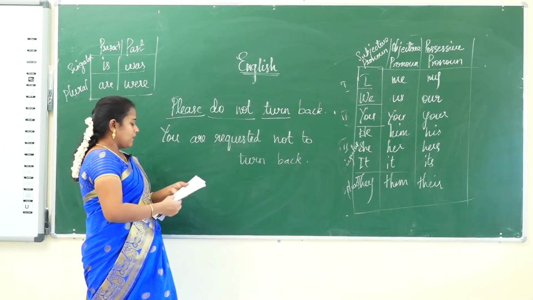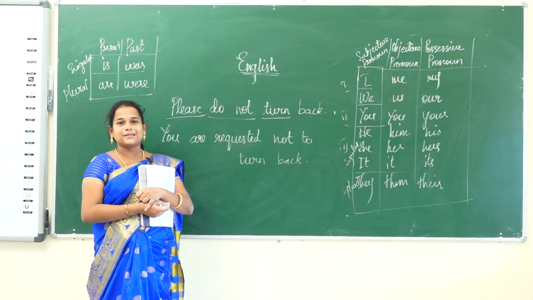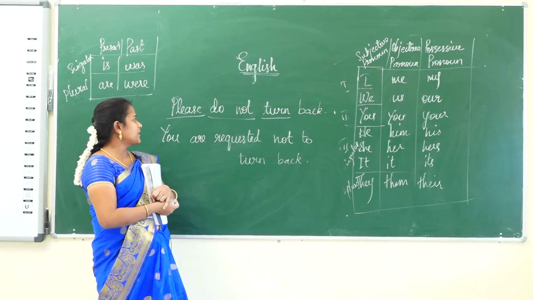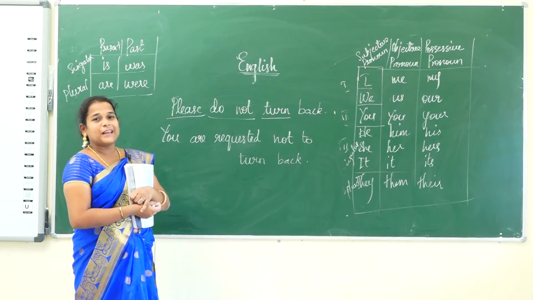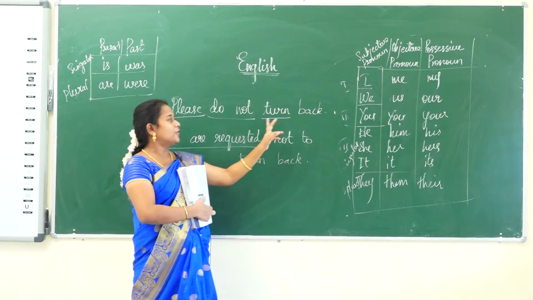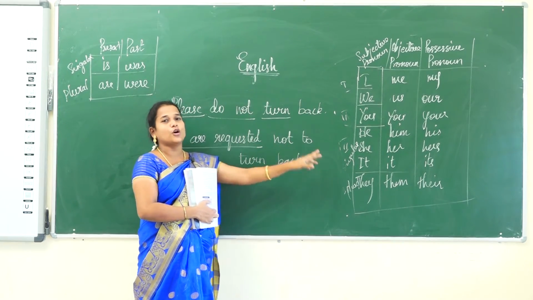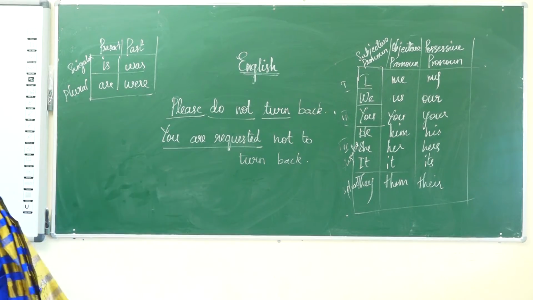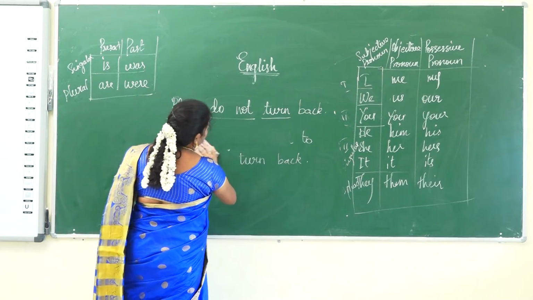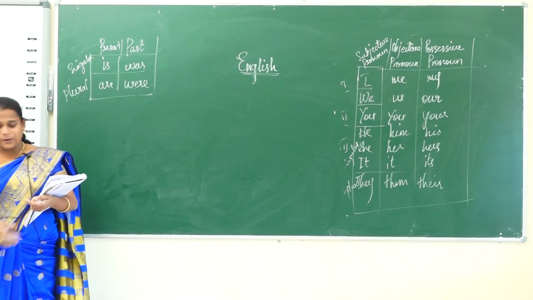Okay. Now you have learned how to change the active into passive in the normal form. Then if it is given in a request, how will we change it? A request means they will use the term please. If please is there, we have to write the term you are requested. Before the verb we have to supply to. If it is do not, we have to change it into not to. Okay. So we have learned how to change this in the form given as a request, the passive voice.